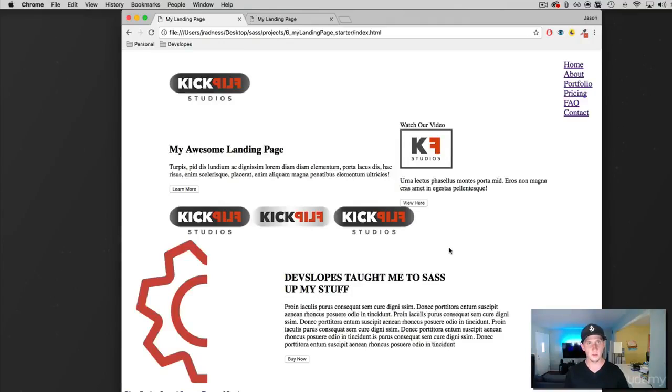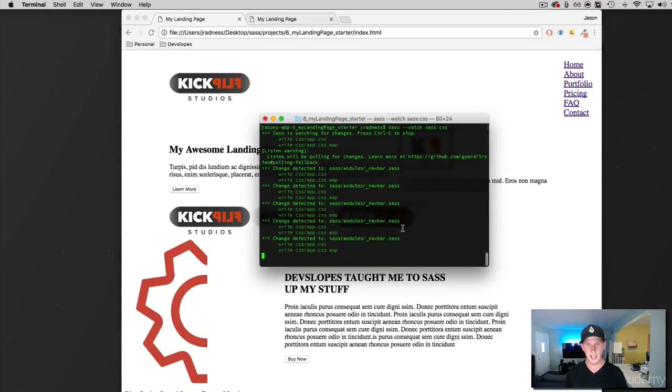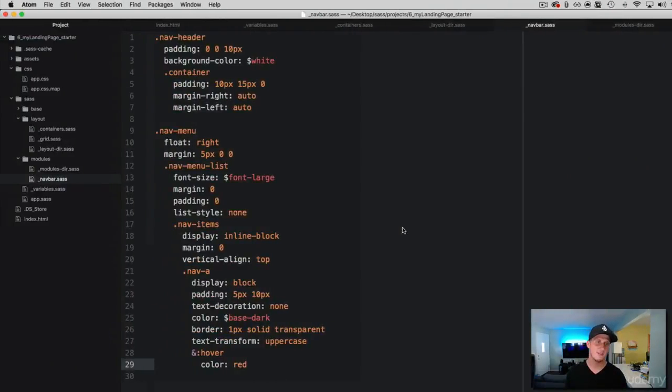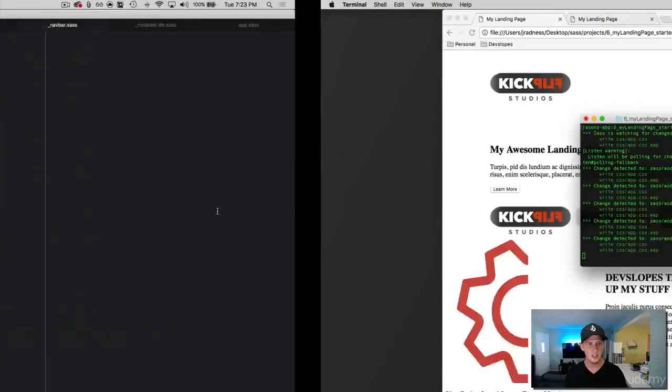So I'm going to refresh this, and we didn't have any changes. Let's check our terminal, and I don't have any errors. So what's going on here? Well, let's dive back into the navbar and let's breadcrumb this style that we've just created. So we have at the top our nav menu. All right, we know everything is floating right. All of those links are on the right side. All right, we know that the font size is large, and we know that we removed the list style because